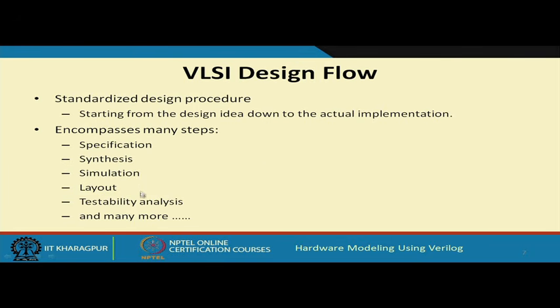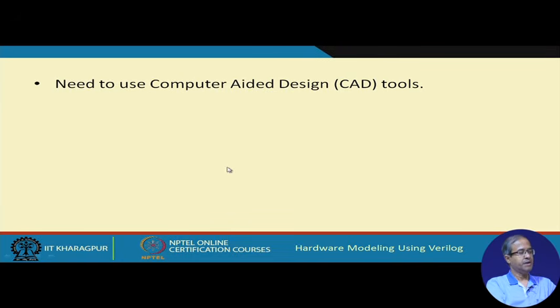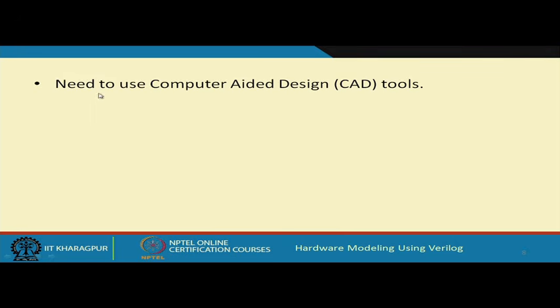So, these steps have to be followed before we can actually get a design fabricated or manufactured. Now, because of the complexity of the design, as I said, we need the help of computers. It is just beyond the capability of human beings to carry out the design in a manual way anymore. So, you have to rely on computer aided design tools,